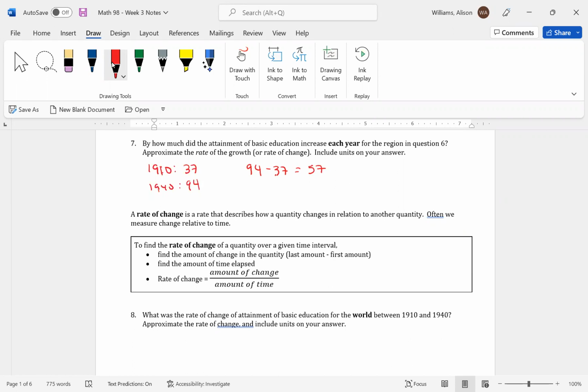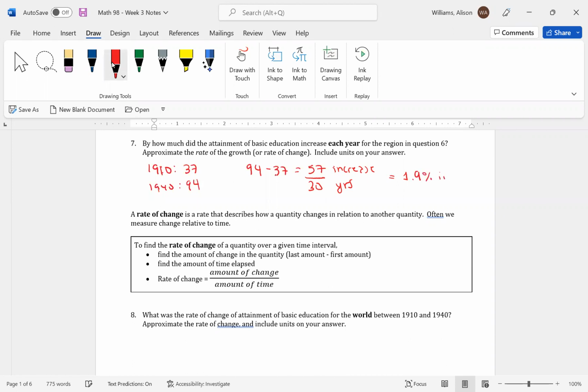And to find out how much it increased approximately each year, since this was a 30-year period, what I would do is divide this by 30. So 57 divided by 30 comes out to 1.9. So I'm saying that this is about a 1.9